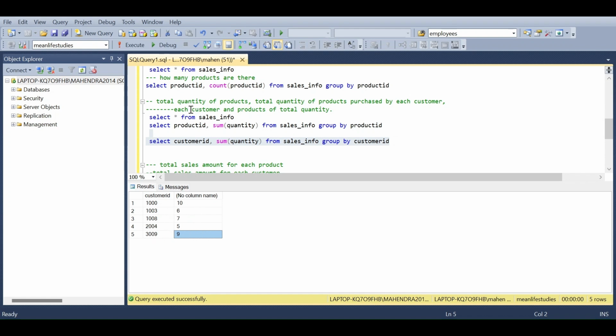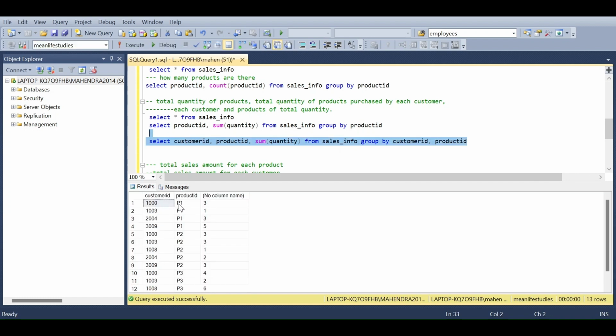Now tell me, another insight: we need to find for each customer and product the total quantity. Now we need to add one more column as product id, right? Each customer is going to purchase different products, how many quantity, right? So you have to use product id comma total of quantity. Now you need to use product id here. This means each customer purchased different products, how many quantity. Now you are going to find how many times each customer purchased different products. This is the number of times, or you can say quantity,